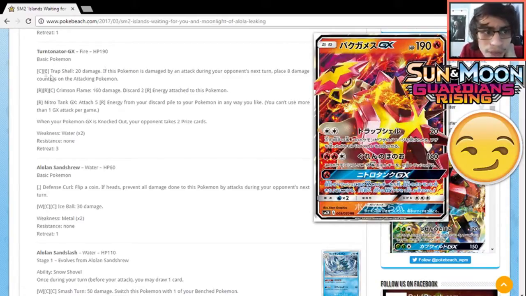Now, that attack is pretty good. It only does 20, so you're only doing 100 damage at most. But with Bursting Balloon, I mean, you could base 2 different decks on Turtonator. You can use a deck on Crimson Flame, and you can use a deck on Trap Shell. This card is that good. Now,